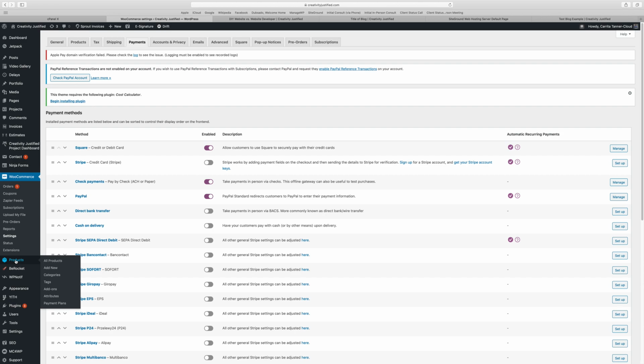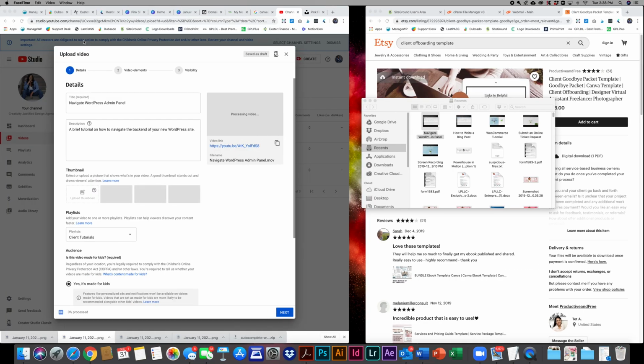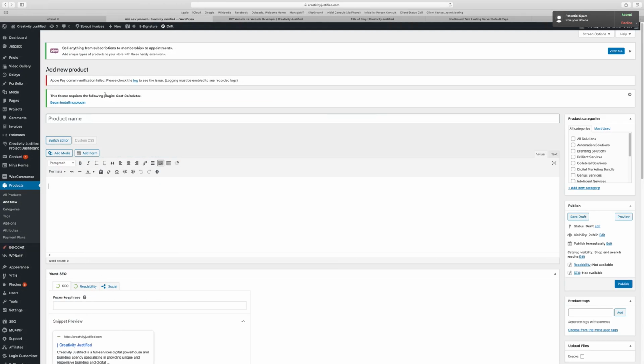Now, to add products to WooCommerce, you're going to go here to the products label, and then you're going to simply say Add New. Okay, now if you need to edit a product, you just click edit and then you change whatever details you need to change. But if you need to add a whole new product, then you could do that there. All right,